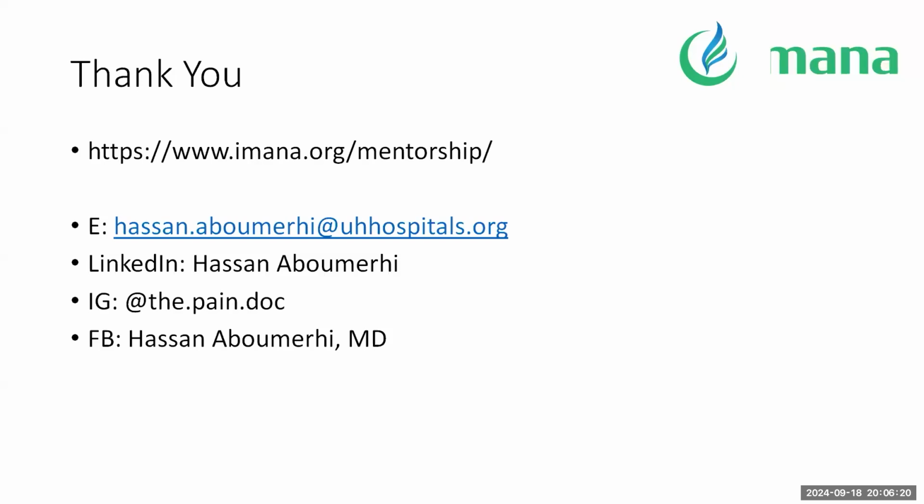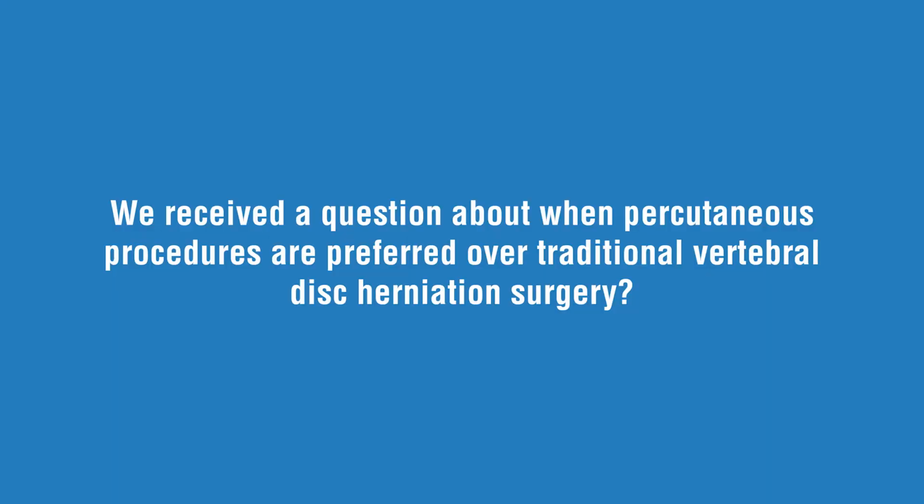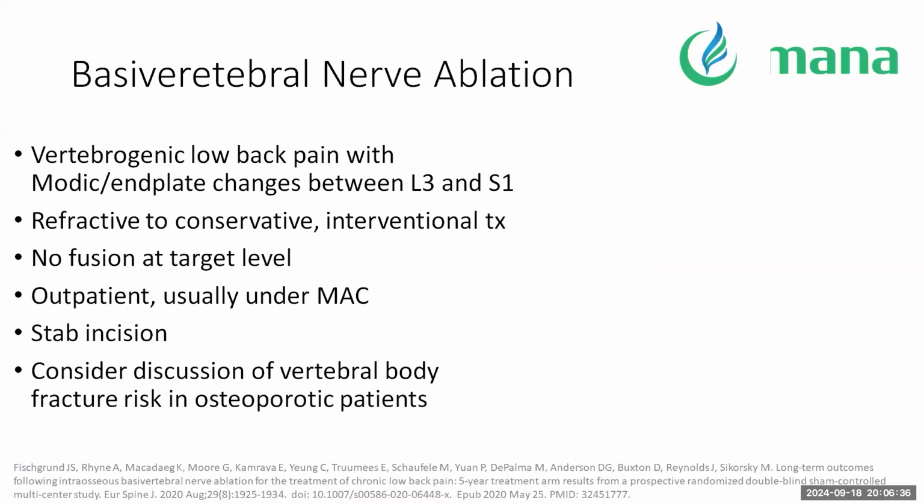That's great, thank you. We do have a question here about the comparison between percutaneous over classic vertebral disc herniation surgery. When is percutaneous a good or a preferred option over that disc herniation surgery? So I'm presuming we're talking about this procedure here in particular. I believe that if there's a disc herniation that is causing nerve compression, and that nerve compression is causing objective findings, and that patient has failed conservative treatment and injections, then that patient's going to be getting a surgery, and nothing's going to fix that issue